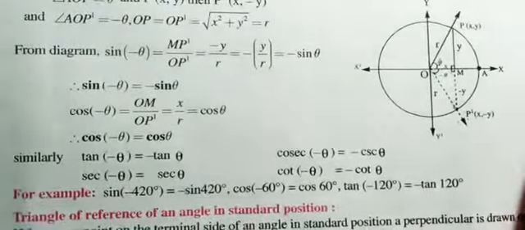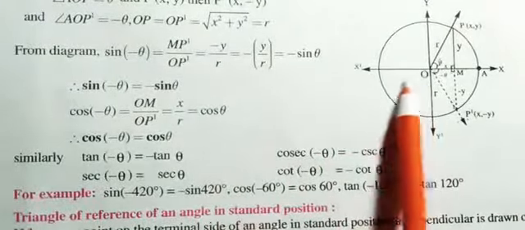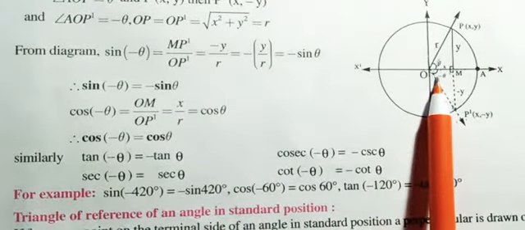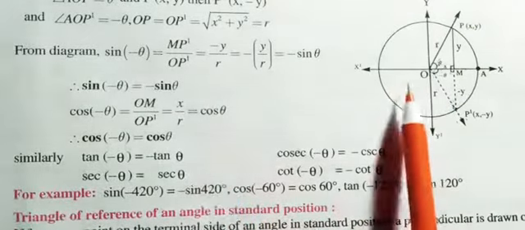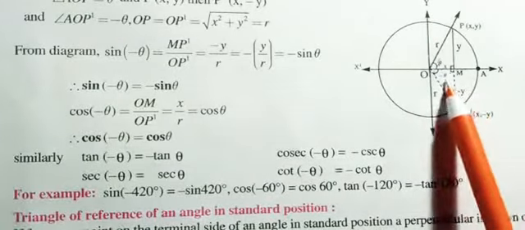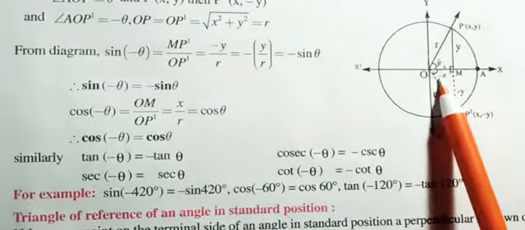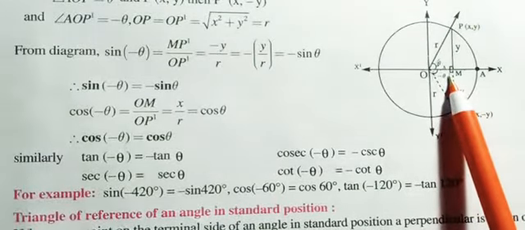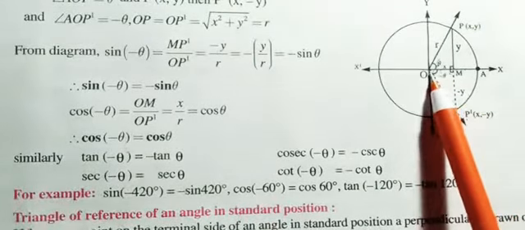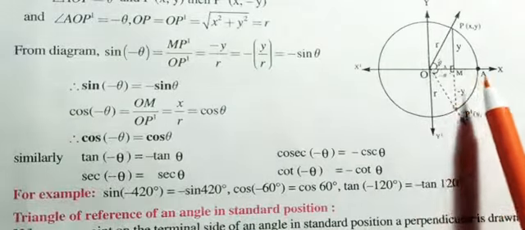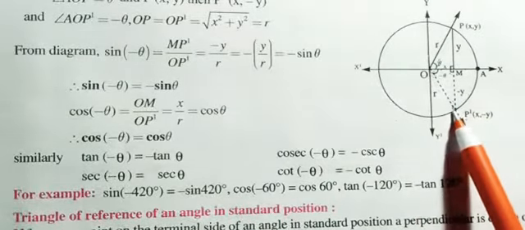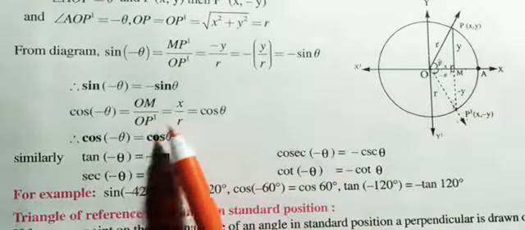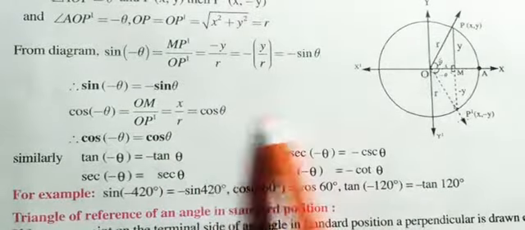Next, the deduction of cos of minus theta. Again, similarly from this picture, this is the minus theta, so cos of minus theta is equal to x by r. This is the right angle triangle, right angle is here. So cos of minus theta is equal to OM by OP dash, and OM by OP dash means x by r, that is cos theta. Understood that?